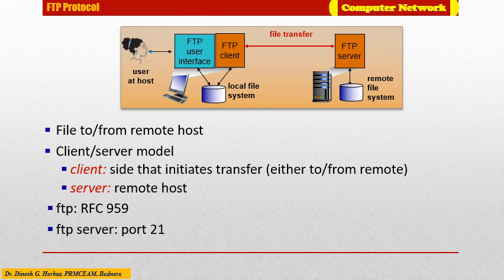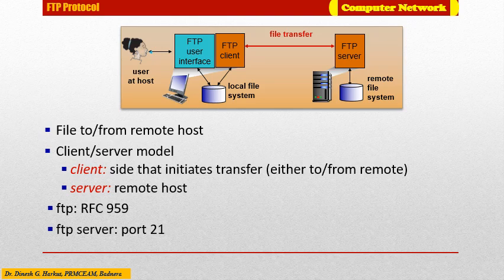The most striking difference is that FTP uses two parallel TCP connections to transfer a file, a control connection and a data connection. The control connection is used for sending control information between the two hosts, such as user identification, password, commands to change the remote directory, or commands to put or get files, whereas the data connection is used to actually send a file. Because FTP uses a separate control connection, FTP is said to send its control information out of band. Generally, the FTP server works on port 21.